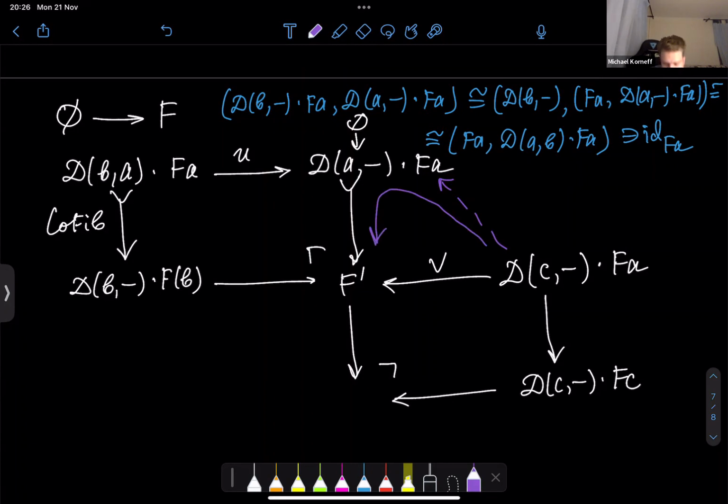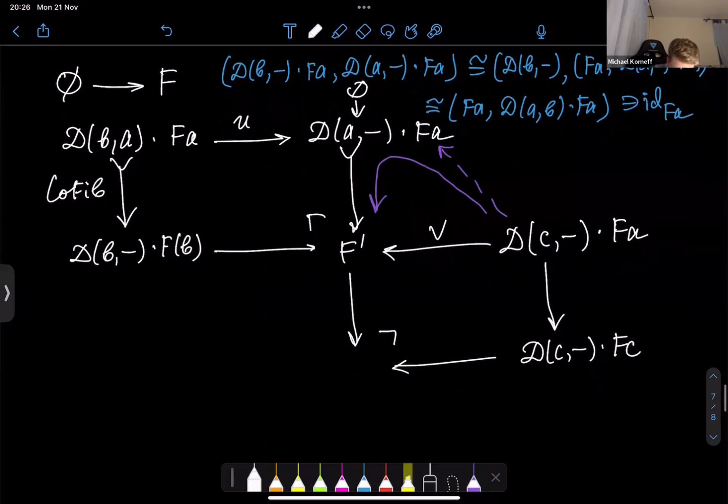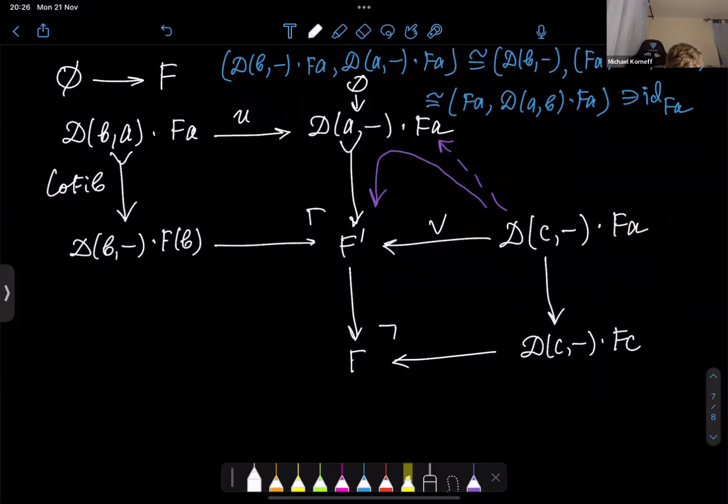And this arrow corresponds to the corresponding identity map. And this pushout, it turns out, will be the functor F. Why is it true? It's an easy fact which follows from